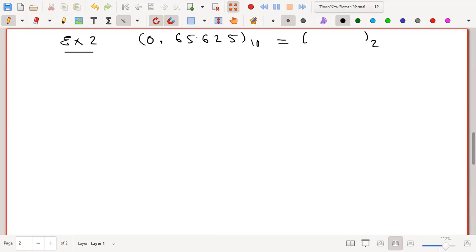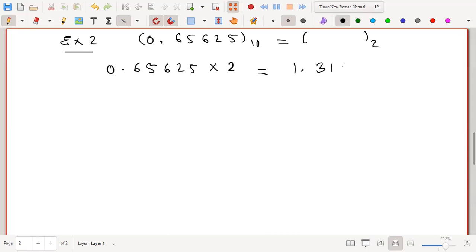So what would you do for the fractional part? You will just multiply continuously by 2. In the integer part you divide by 2, but for the fractional part you do the multiplication. And note down the integers which are generated. Whatever integers are generated in the result, you will note down only those. So if you do this multiplication, your answer would be